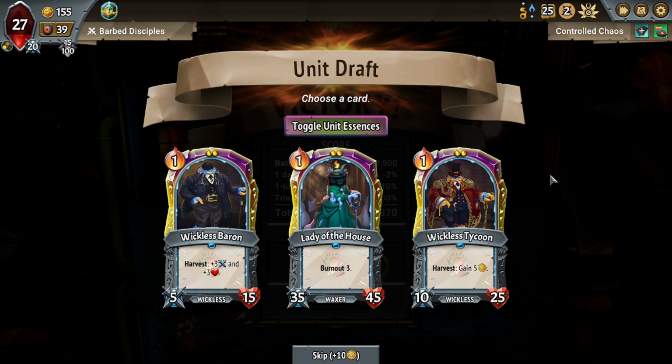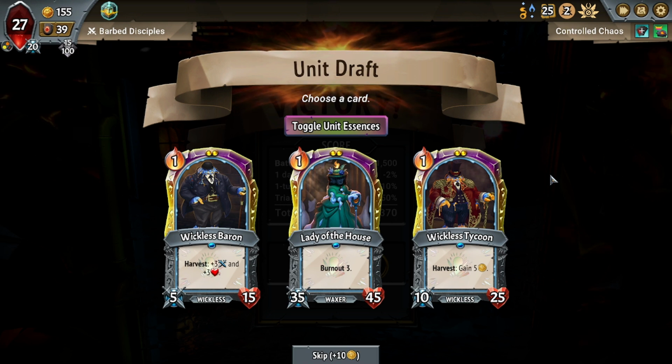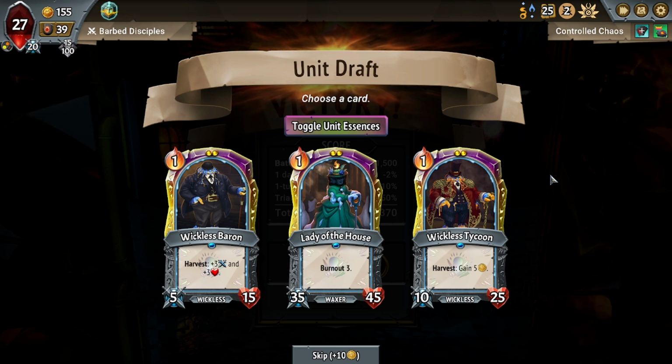And this is the most important. What can we do? We really need to take a unit. But which unit? It could be Lady of the House. Lady of the House, we've got a lot of cards that help with the burnout for Lady of the House. Lady of the House already has 45 attack. It could go in front of something else. Lady of the House is also a pretty decent thing to put...